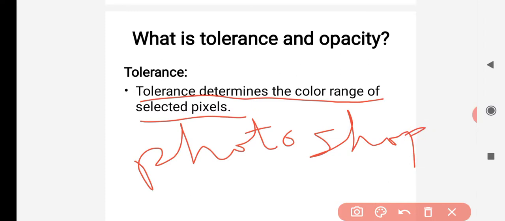For example, if you want to erase something, and when you erase that thing, the erase mark should not be visible to you. How much erase mark can be visible, that is called tolerance.